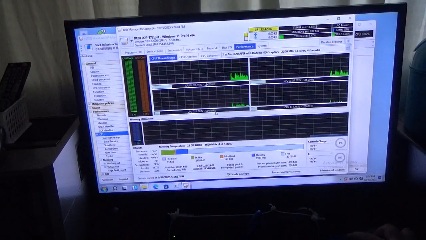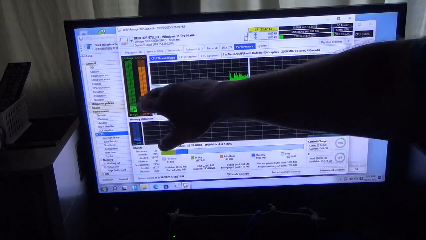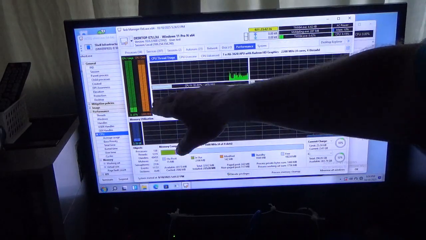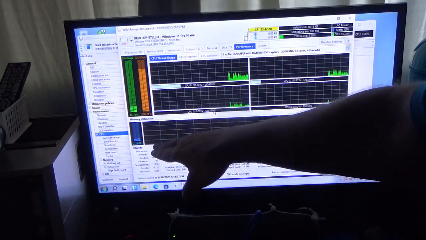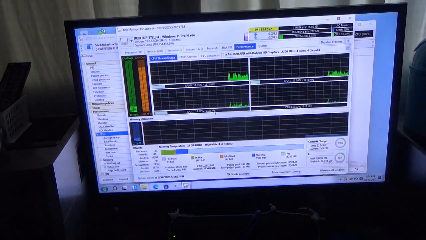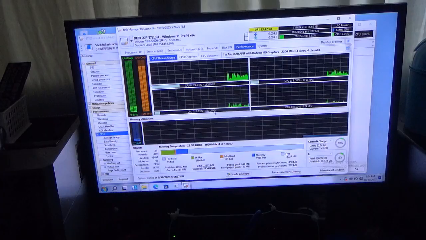And if you go to performance, this is what you want to look at. This is my CPU usage. This is the CPU clock. This is memory utilization. I'm only using 10% of the memory. The CPU, I'm only using 10%, but the clock is almost all the way up there. The reason is this is an old computer. If this was a new one, it'd probably be about right here. This is a really old computer, so that's why.